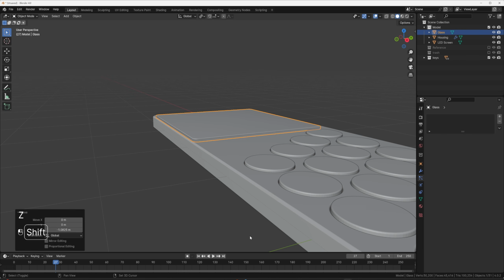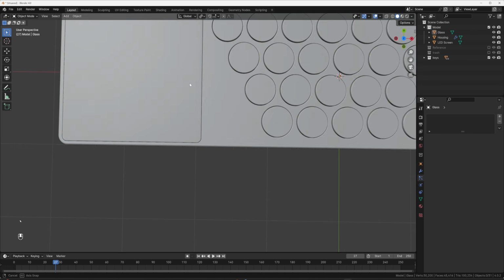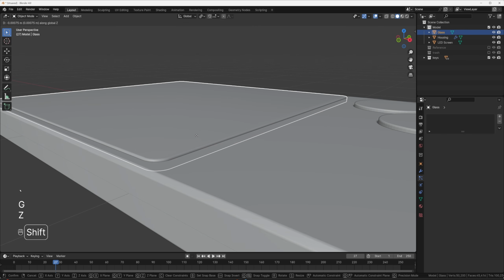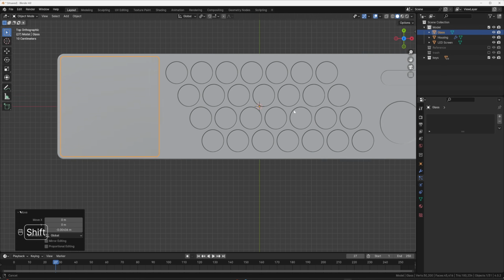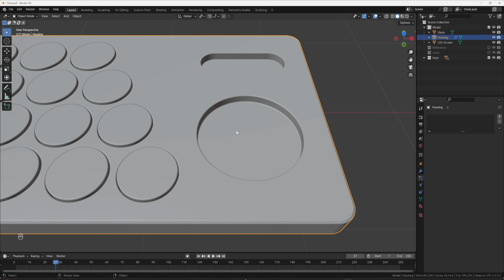GZ, like this. So now we got our screen underneath. We got this panel, like be a little thick now. We might bring it back down. And when we do our shading, we'll double check all that. So now we've got our screen, we've got our buttons. We need to make these too. So I'm going to use the same trick.